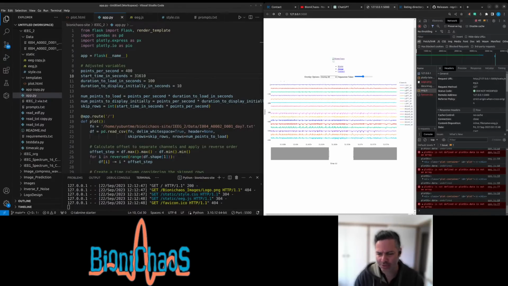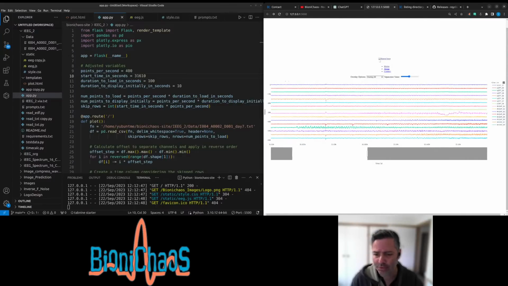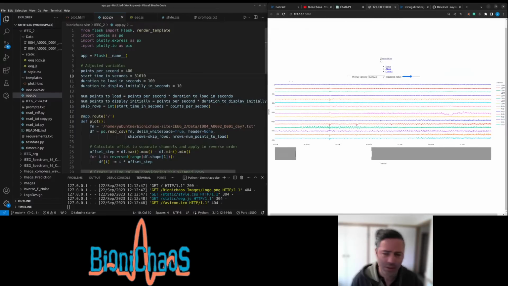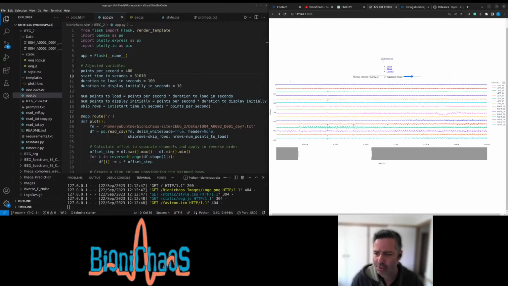You can download data using MATLAB or Python code. I did it ages ago in MATLAB, and then converting, I just have a text file of the thing. It's a 16 channel EEG, as you can tell from the number of channels here. I had some issues with scaling this window and stuff, but